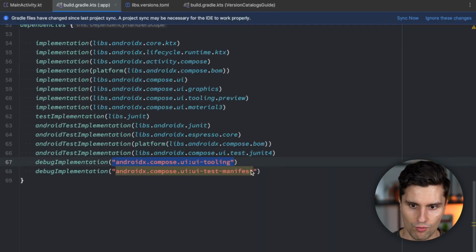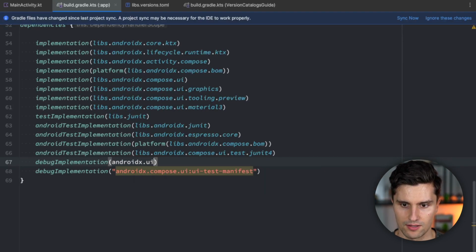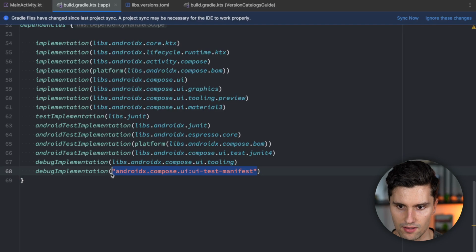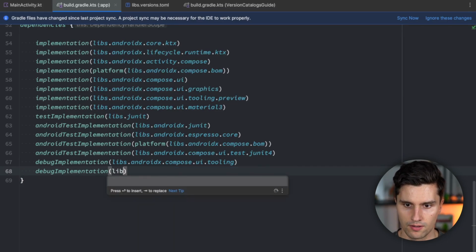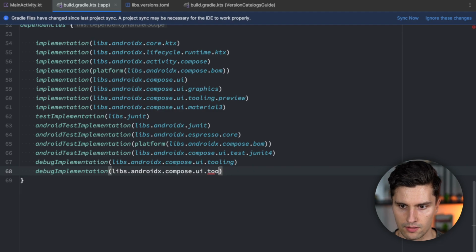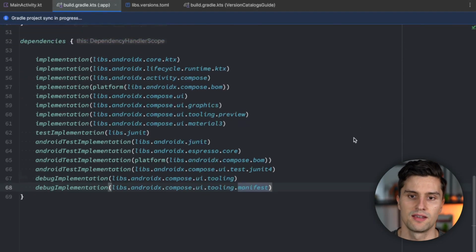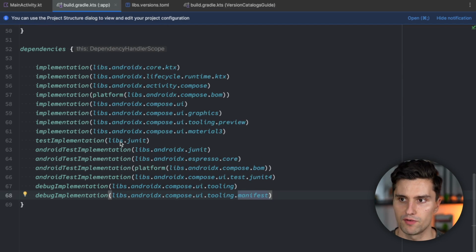Then we have one for AndroidX compose UI tooling, libs AndroidX compose UI tooling, and lastly, the one for AndroidX compose UI test manifest, this one. And that way, if we now sync this, we successfully migrated all of our dependencies to the new version catalog,